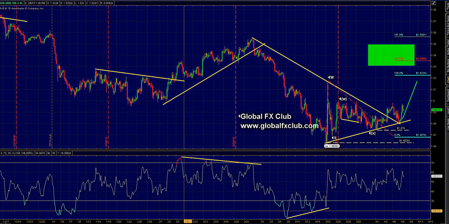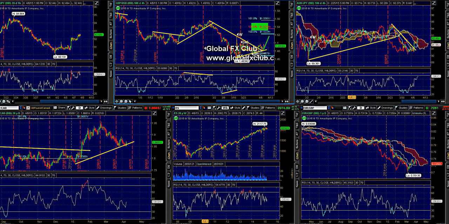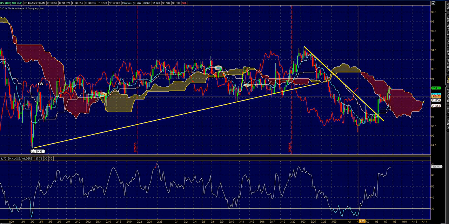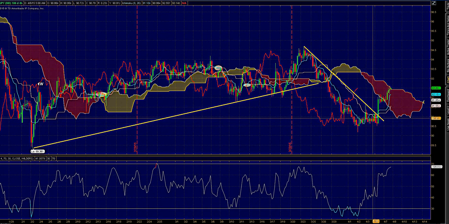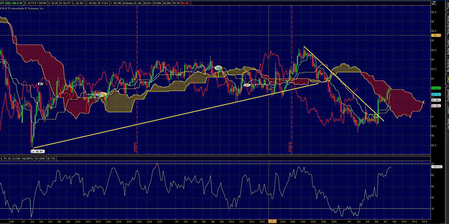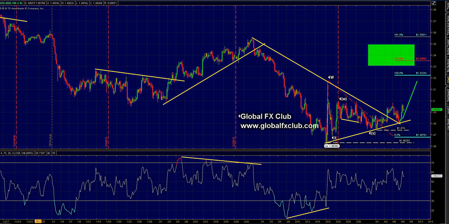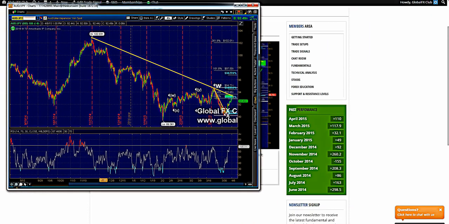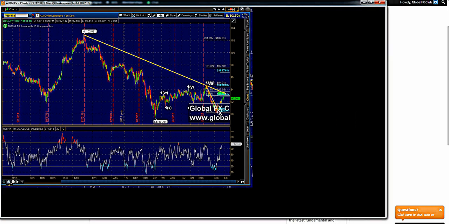We actually exited today. Let me pull up the Ichimoku chart, but you can see this was the breakout back test here, and then a spike higher. This was the modified trend line. The original trend line, I'll pull that up for you, is here. This is the 4-hour chart.